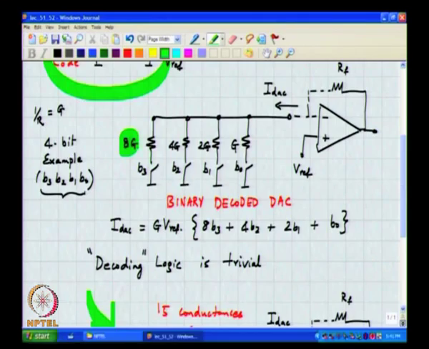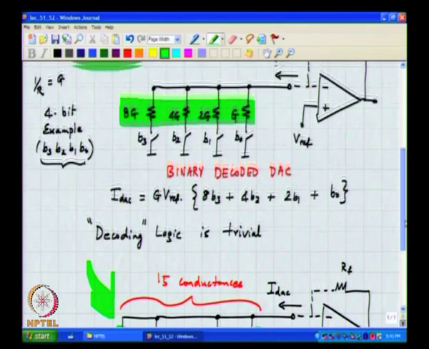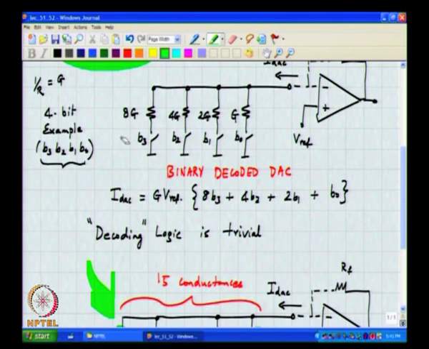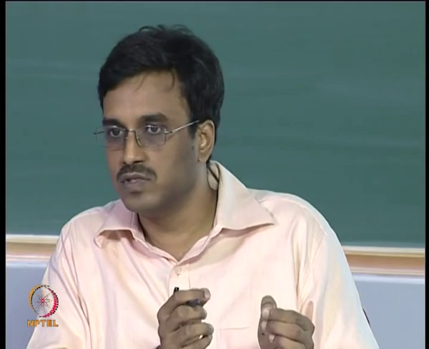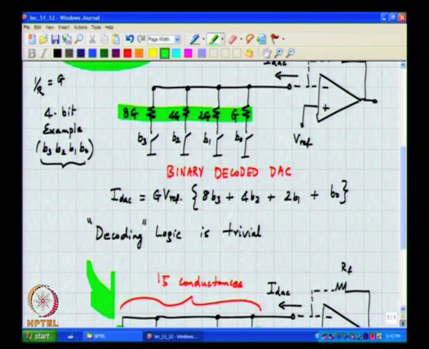So you can't even argue that this is likely to be smaller than this because the number of conductances appears smaller. That is not the case either, if that struck any one of you. If you want to get an exact 8 times multiple of G, the sure shot way of doing this is to take G and copy and paste 8 times. So you can see that the total number of conductances used is 15 in both cases. So the only real difference in implementation is the area of the decoder.